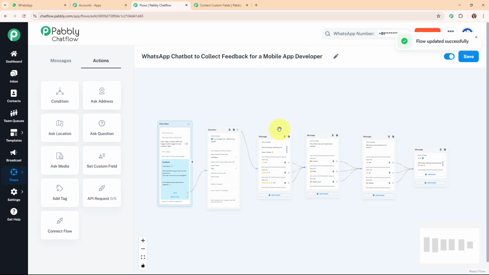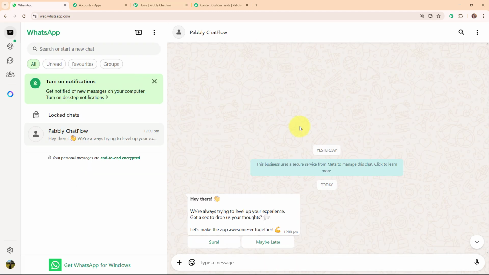Alright, so now after creating this chatbot, we are going to see the working of this chatbot once again, and for that let me take you back to my WhatsApp. But here, before moving back, let me tell you that the broadcast that I have already scheduled with this particular message template has already gone live, and we have successfully received that template message as a new message on our WhatsApp chat. Alright, now let me take you there. And here you can see we have successfully received a template message.